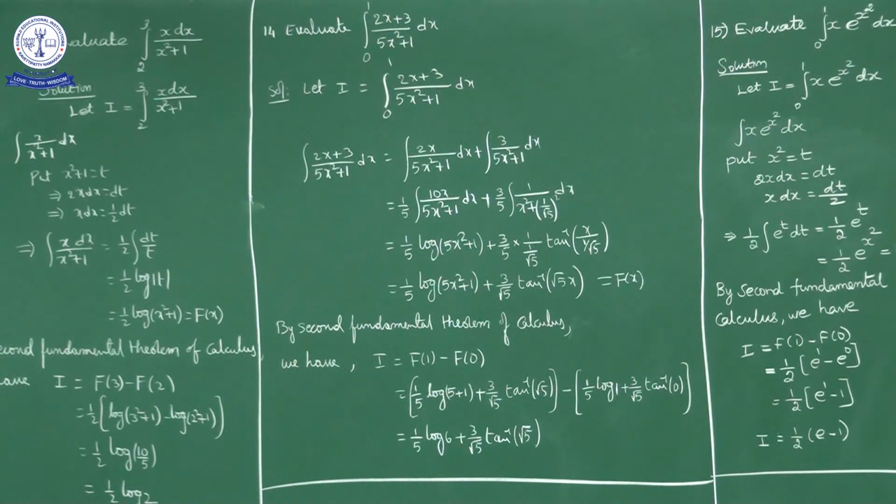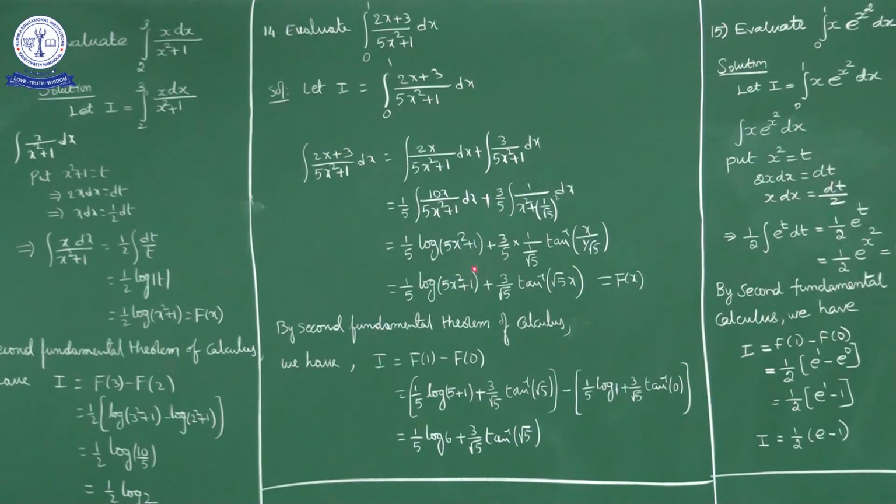Now this is more important here. First of all, the indefinite integral of 2x plus 3 upon 5x square plus 1 dx, I will write as integral 2x upon 5x square plus 1 dx plus integral 3 dx upon 5x square plus 1. Okay. Now here in the first part, the right hand side first integral, multiply and divide by 5. What is the advantage? The numerator is the derivative of the denominator. So it is the integral dt by t form, that you can write as log mod t, that is nothing but 1 by 5 into log of 5x square plus 1.